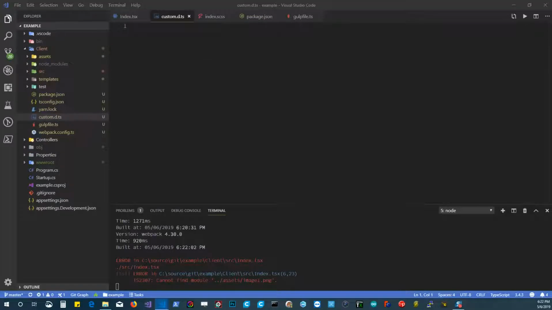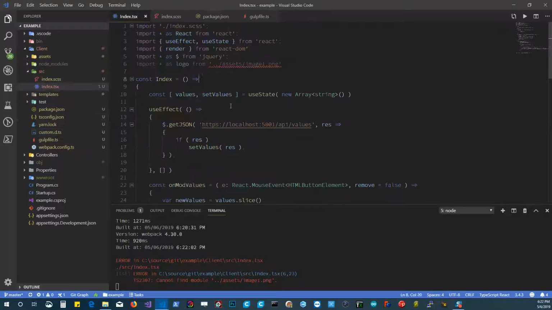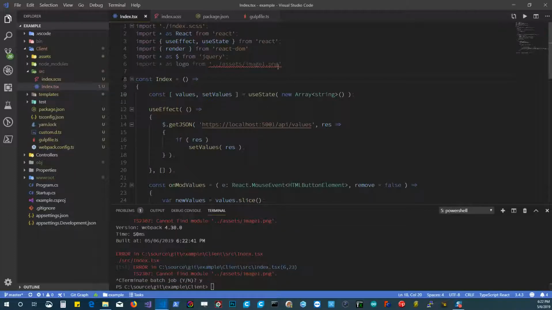And if you declare these as modules, so anything with a .png or SVG or GIF or JPEG as modules like this, this will help the TypeScript compiler to not choke on it. And then we may also need to restart our tasks to get assets /